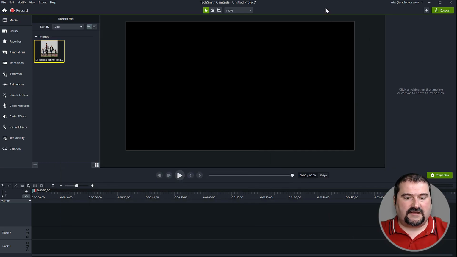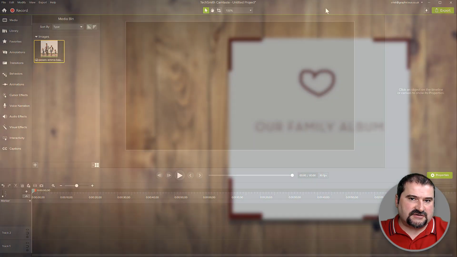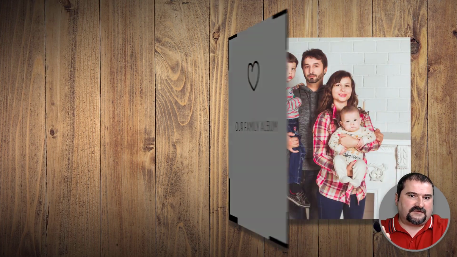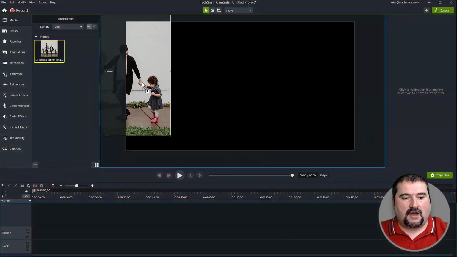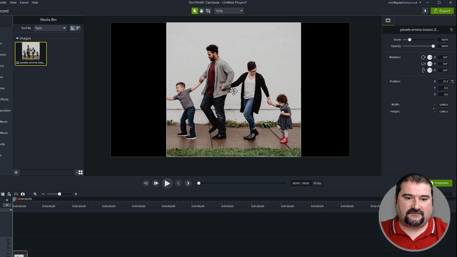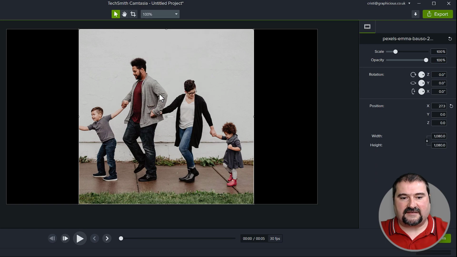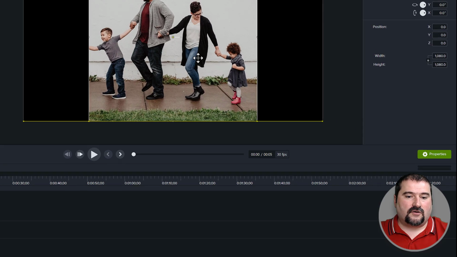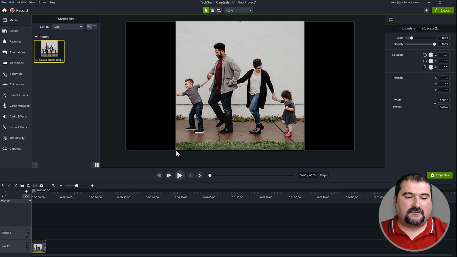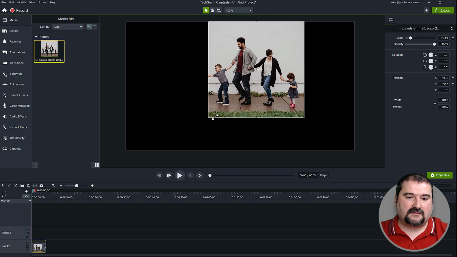So let's build this thing. So the planning is this. We want to have a flipbook that turns the pages from the left side onto the right side. So we are going to add this image to the canvas. Make sure the project size is the one you desire. So I'm going to just stay with HD here, but of course you can go 4K or whatever different size. So I'm going to put this in here and make it slightly smaller, like maybe like this,